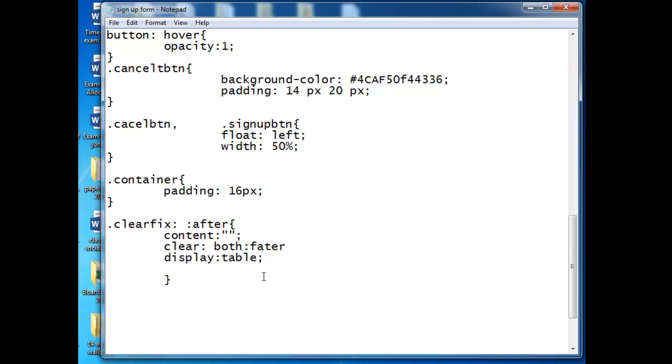I will be writing at media screen and max width, it's 300 pixels,